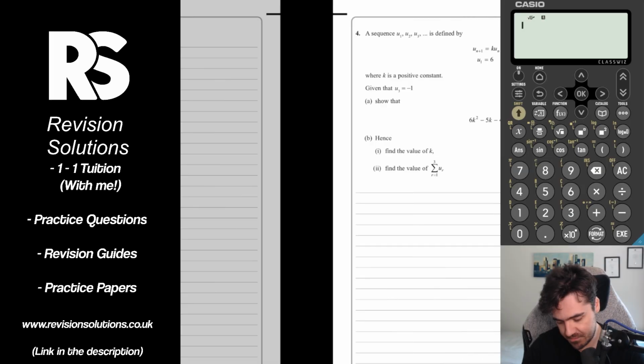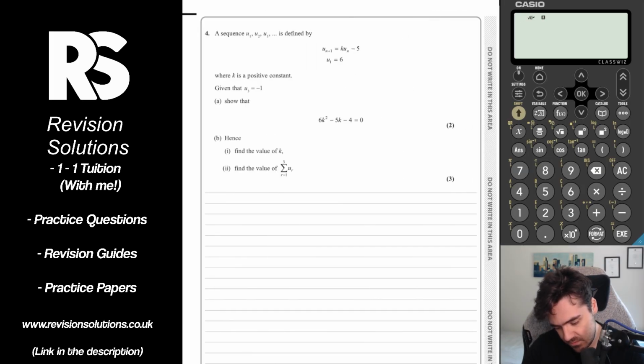Moving on to question 4. There's a sequence u1, u2, u3 defined by this recurrence relation, where k is a positive constant. Given that u3 equals -1, show that k satisfies this quadratic. So first, let's use the recurrence relation to get a form for u3, and then we can use this piece of information here. So if u1 is 6, that would make u2